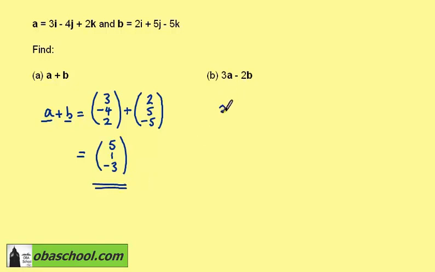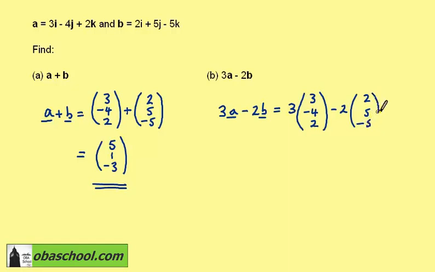Now let's consider 3A minus 2B. If we work in columns again, 3A is 3 times (3, -4, 2). And then we have minus 2 times (2, 5, -5). Multiply by the scalars first. If we do 3 times the vector (3, -4, 2), we just multiply each individual part, giving us 9, minus 12, and 6. We then multiply the second vector by minus 2, so we have a plus in between,